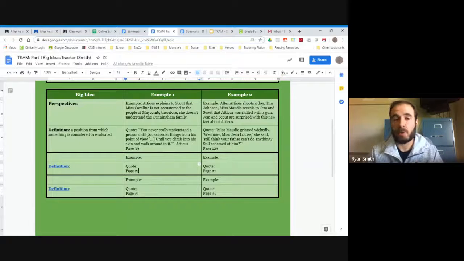The example you still have to put in your own words. So you have to explain how you're seeing compassion, how you're seeing tolerance, whatever it is. But that's all you would need to do for this part. And then again, if we want to go back and find it, you can. If you want to find the quotes right now, that way you don't have to go back at the end, that's fine too, right? That's up to you. But that's going to be the only assignment for today.